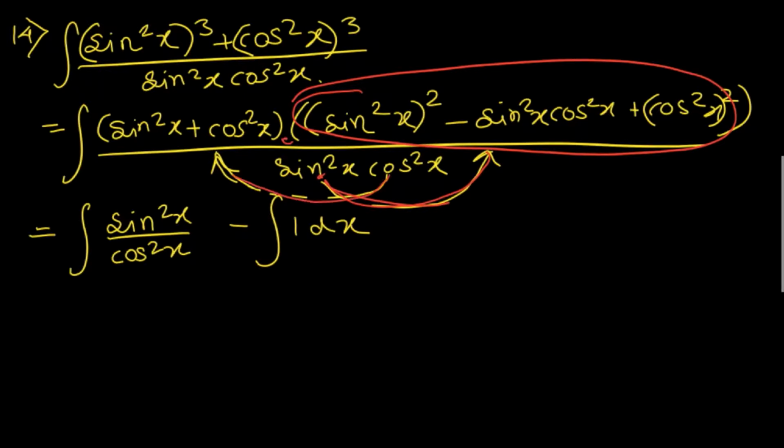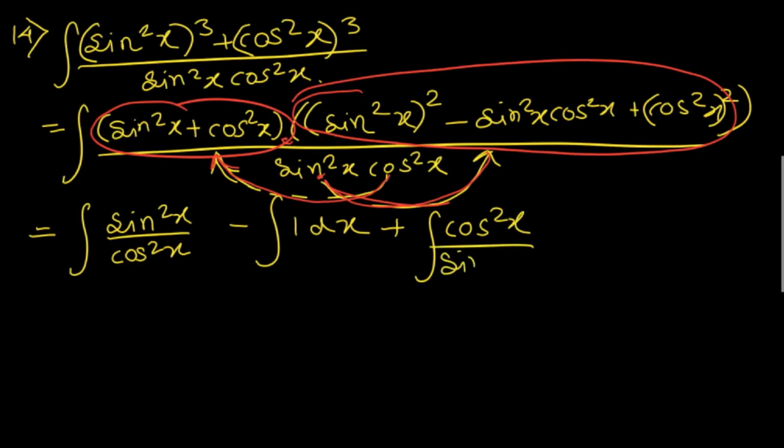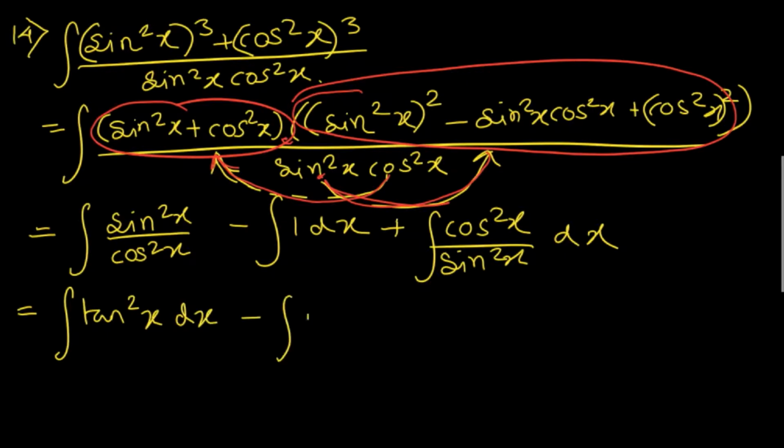So cos square x we are taking as the denominator of this term, and accordingly we are adjusting. So you can see we have got cos square x by cos square x, integration of 1 dx, plus integration of cos square x by sin square x dx. So we get here integration of tan square x dx minus 1 dx, integration of